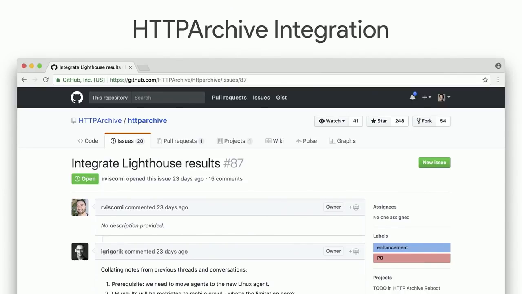There are some slides. So one thing we want to do is be wherever developers are. Another place that you often go to is HTTP Archive, and they have a slew of data on the web. They run against tens of thousands, hundreds of thousands of URLs, and surface that publicly. They're considering integrating with Lighthouse. So pretty soon, hopefully, you'll be able to see how many URLs out there are progressive web apps, what their accessibility scores and performance scores and best practice scores are. And that's something we're pretty excited about, because then you can see the shape of the web